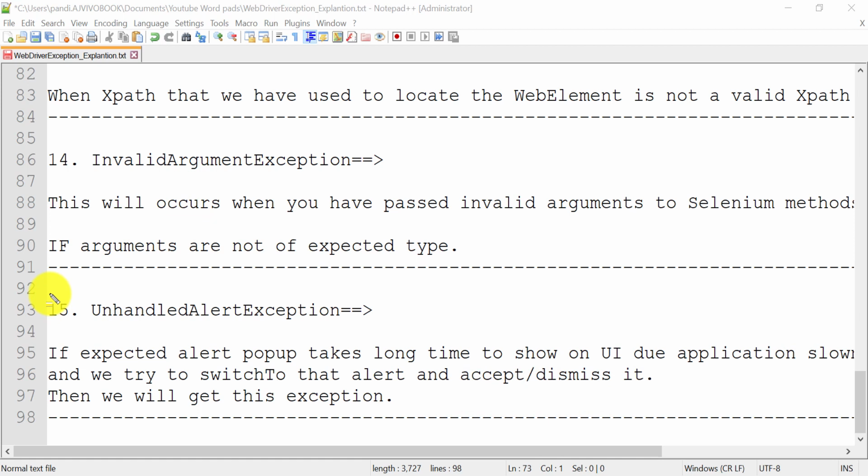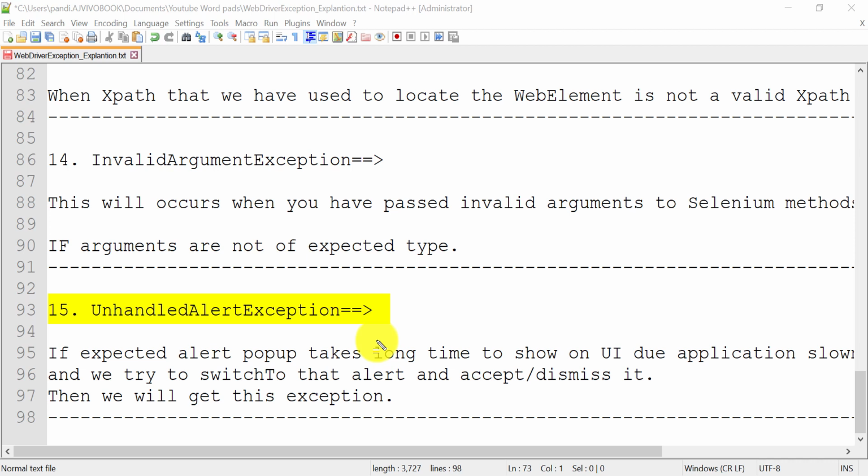The last exception in our top 15 WebDriver exception list is UnhandledAlertException. Just before, we saw NoAlertPresentException, where the alert is not available at all. But in UnhandledAlertException, the alert pop-up takes some time due to application slowness or a loading issue, so it is not available on the UI in the given time, and we try to switch to that alert and then accept or dismiss it.